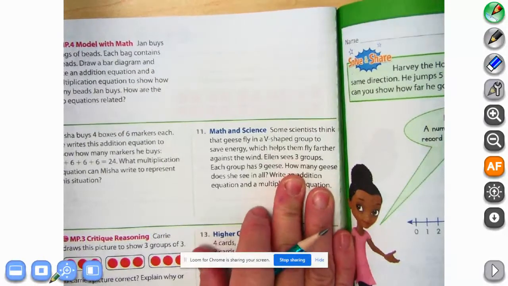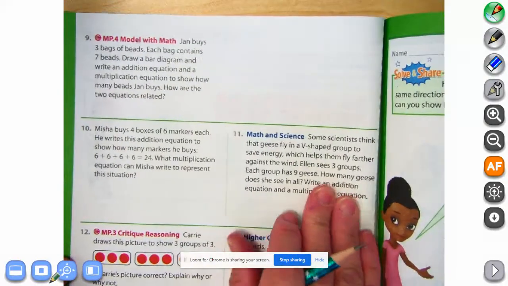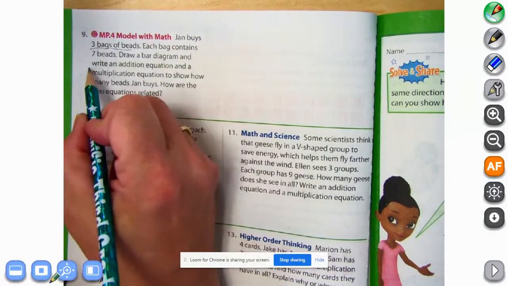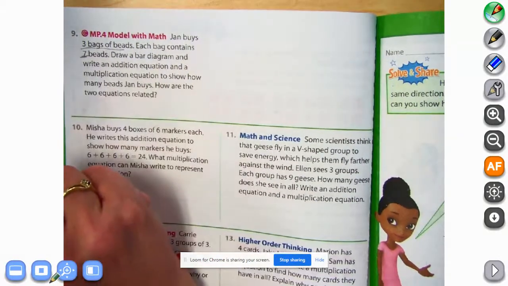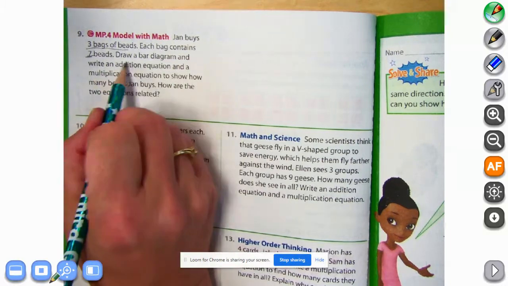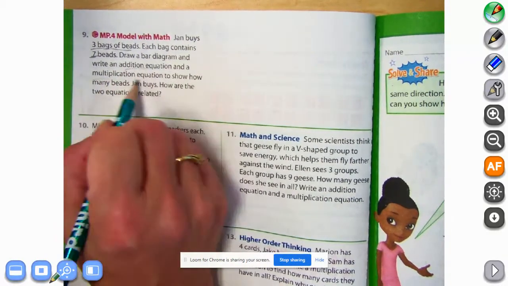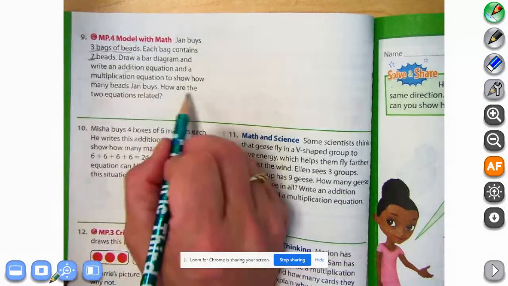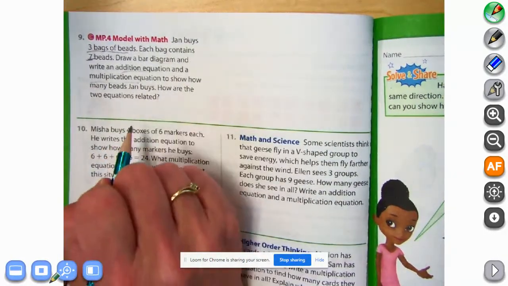All right, so our problem at the top. Jan buys 3 bags of beads. Each bag contains 7 beads. Draw a bar diagram and write an addition equation and a multiplication equation to show how many beads Jan buys. How are the 2 equations related? Okay,